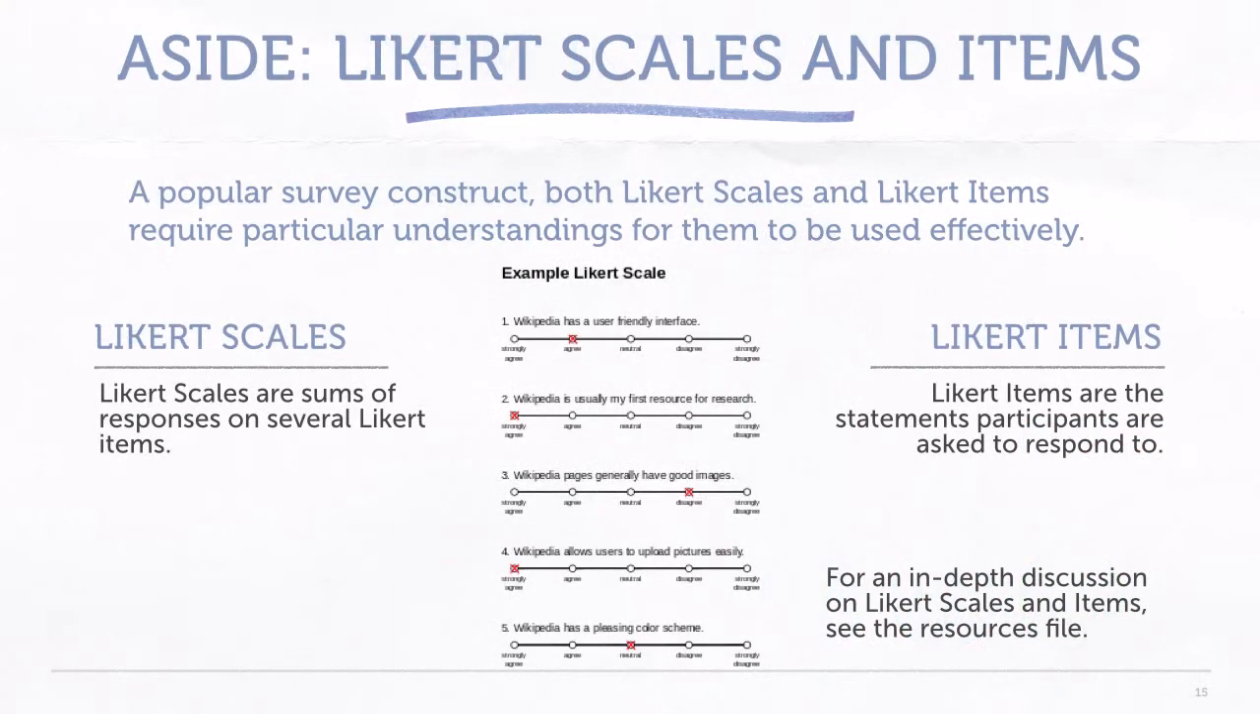I do want to take a minute to have a quick aside and talk a little bit about Likert scales and items, because these are really popular survey constructs, but they're really kind of different in how they're being used. So when we're thinking about a Likert scale, we're not necessarily talking about the scale itself, like 1 to 5, or strongly agree, strongly disagree. Likert scales are actually constructs of several responses. They're the sum of several responses within